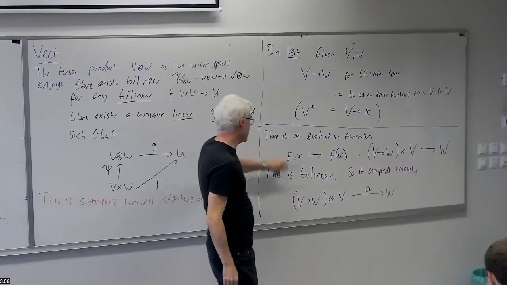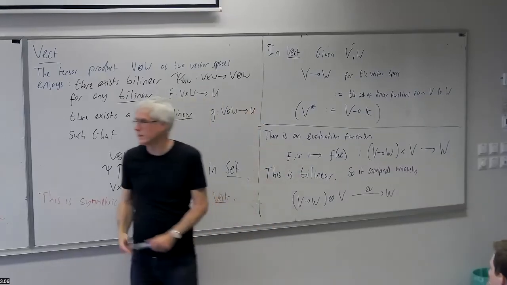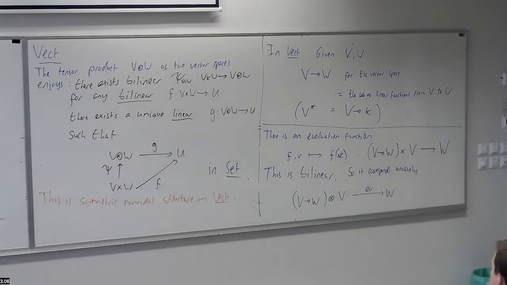And then we notice that this satisfies the following property. Let's do it like this. I'm departing from my notes because I've decided to try and write it like this. Given any bilinear function f from U times V to W,